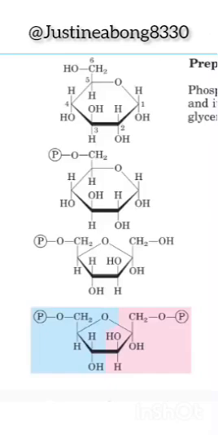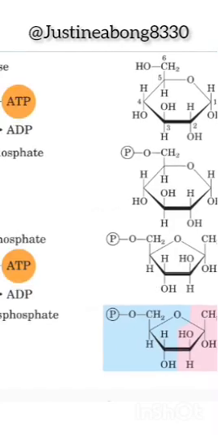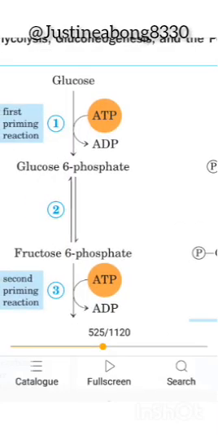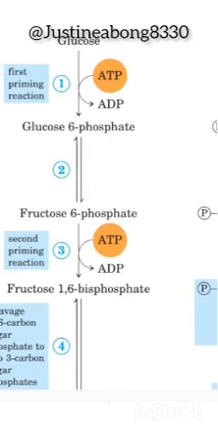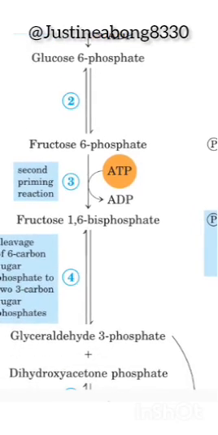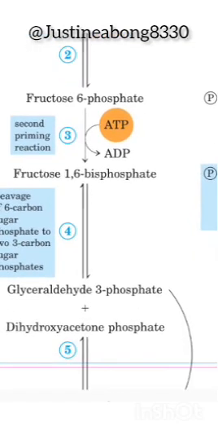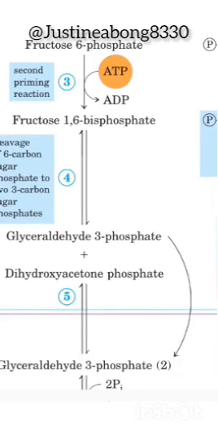This is the glycolysis pathway, also known as the Embden-Meyerhof pathway. We are going to look at this pathway step by step. In step 1, glucose is converted to glucose 6-phosphate, to fructose 6-phosphate, to fructose 1,6-bisphosphate, to dihydroxyacetone